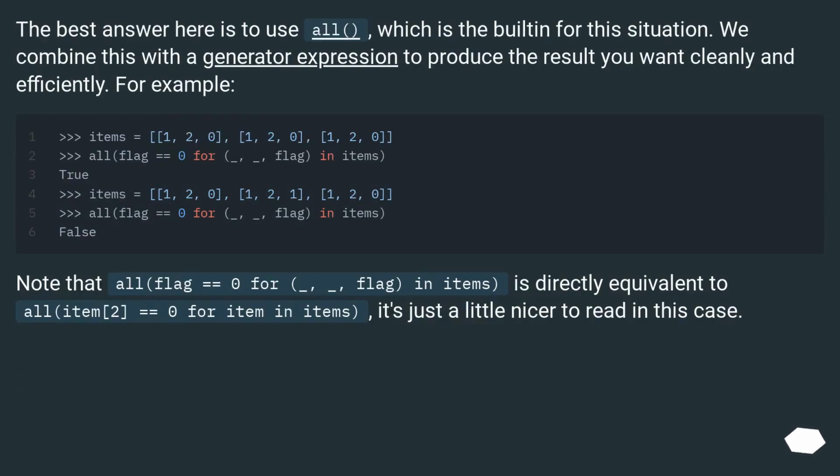The best answer here is to use all, which is the built-in for this situation. We combine this with a generator expression to produce the result you want cleanly and efficiently. For example,